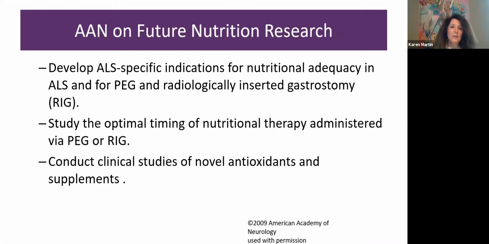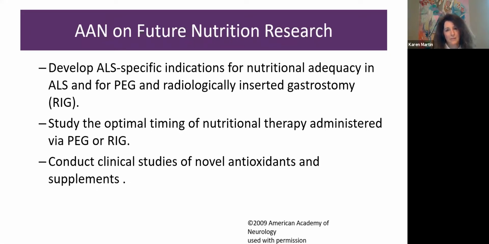Some of the things that they looked at for what we need to know more about were the indications for adequacy specifically, when is the optimal time to get it placed, and more studies on novel antioxidants and supplements. And I know we always recommend to our pals that they check out the ALS Untangled website to look at things if you're wondering whether something is maybe a fringe therapy or whether there's evidence behind it. That's where they go in and look at the evidence and share it in a way